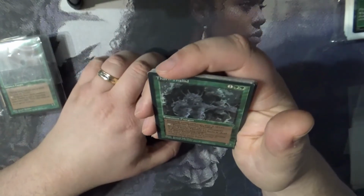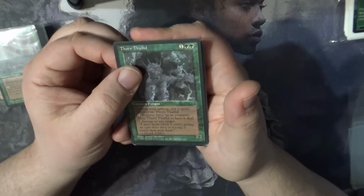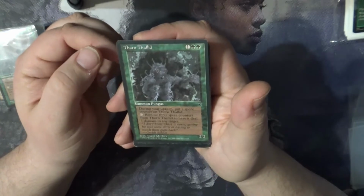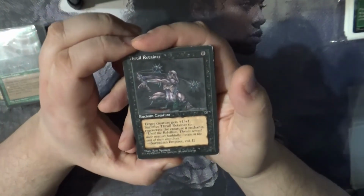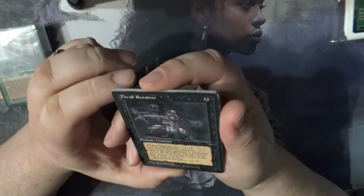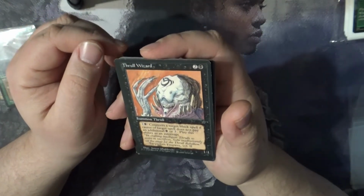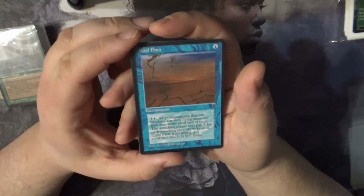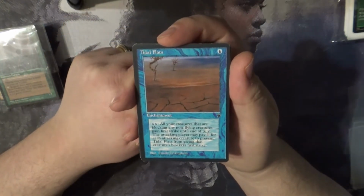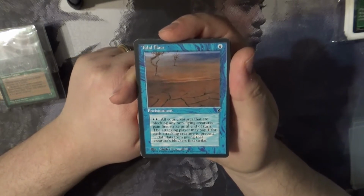However, Thorn Thallid, another Thorn Thallid. As time has progressed, and a lot of players have come and gone and come back, you run into a nostalgia sense. So, Thrall Retainer, so even if you may not necessarily care for the set, not a Thrall Wizard here, completing the set or having a set of the cards in good condition can be something to appeal to older players like myself, where it's